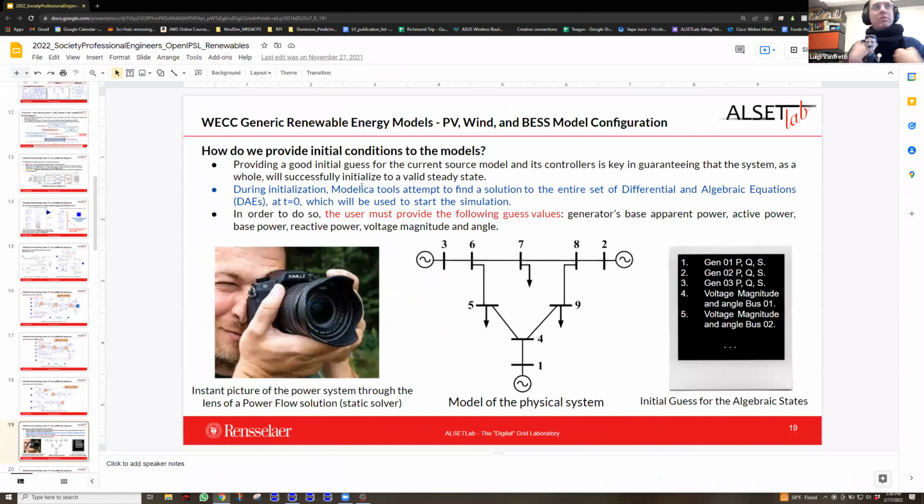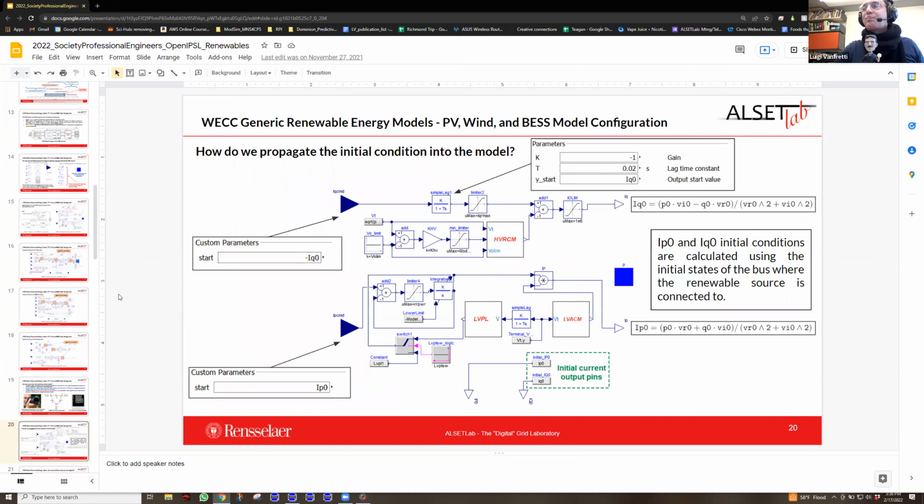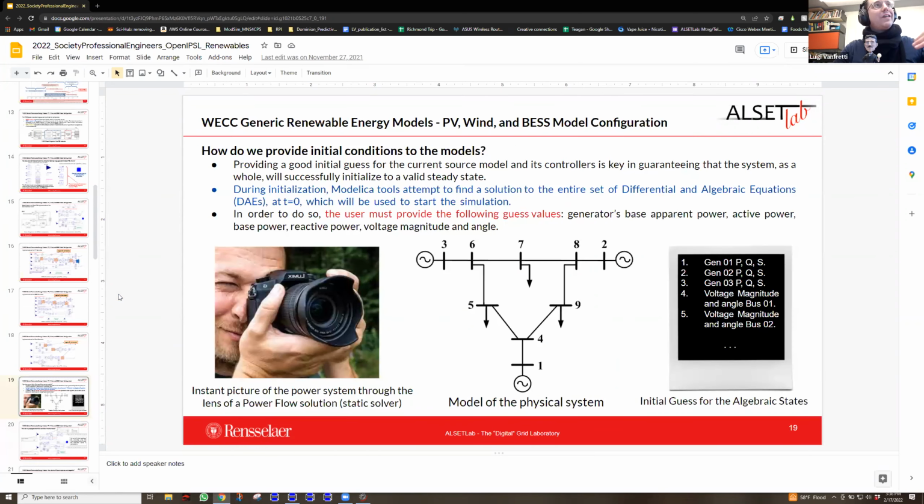So we need to have a starting guess. Normally you will use a flat start, but that's not very good. So what we are doing is that we are trying to solve a power flow and linking that to our model. And we use a different Python-based tool to do that. Based on that, our models internally calculate their own initial states, and then they provide that to the Modelica tool.